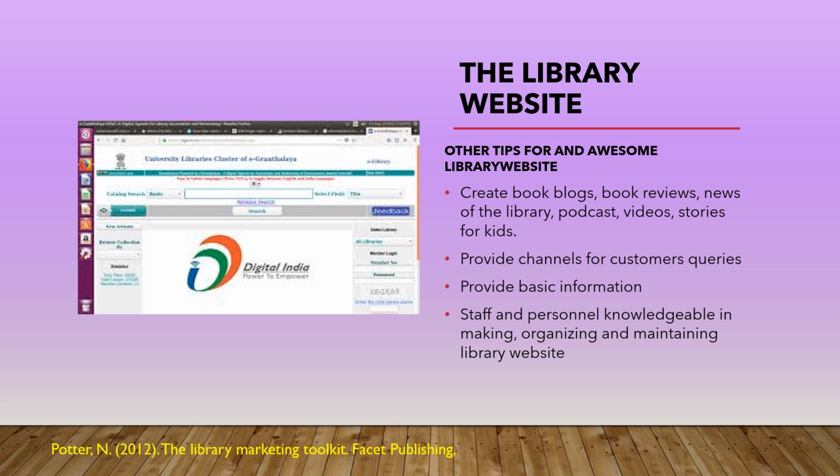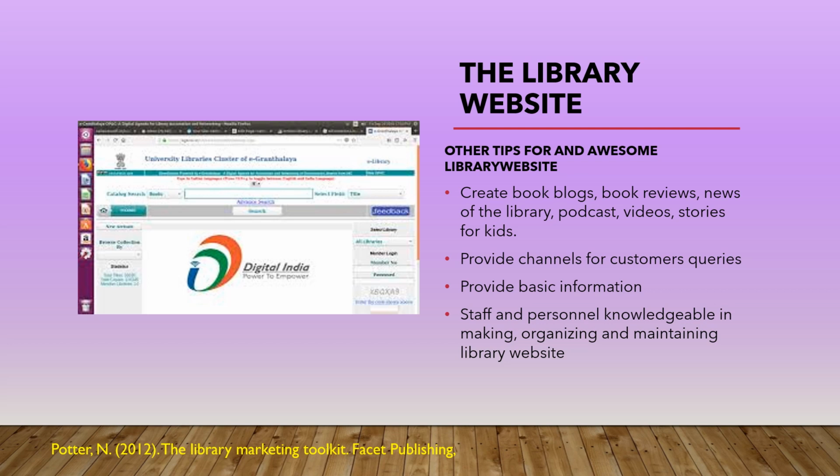those libraries engaging kids. And then second is to provide channels for customers' queries. So customers have questions and come to the library for answers obviously. So we can provide that information through comments on blog posts and ask a librarian or email or instant messaging or text messaging service and even by providing a phone number inside the library website. And then provide